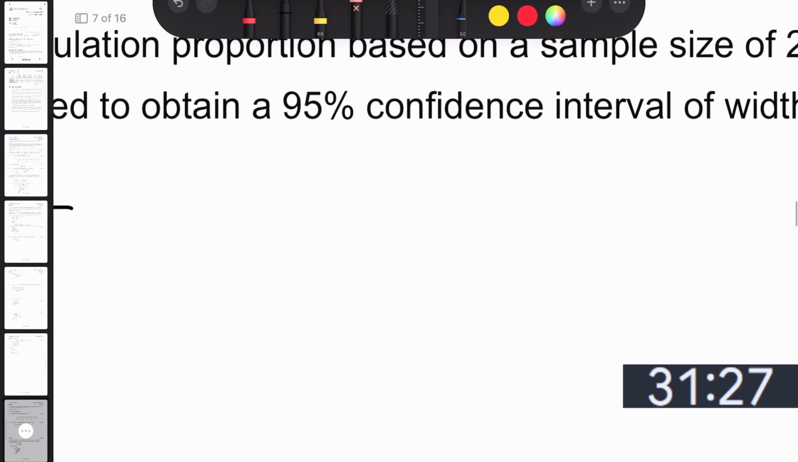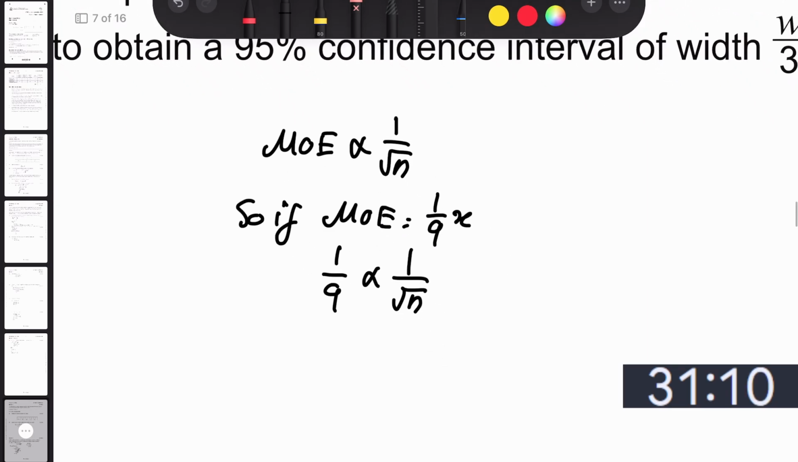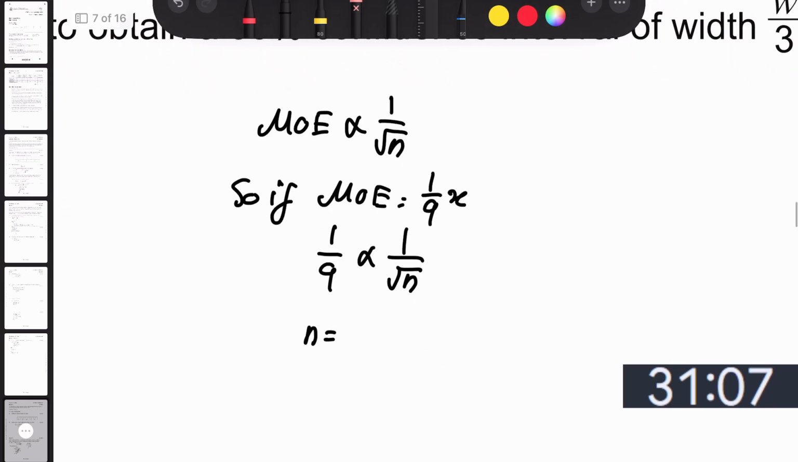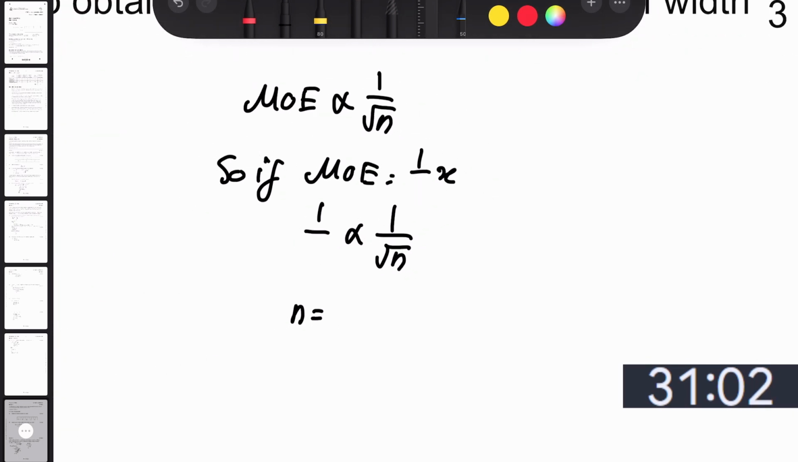That works. Or you could say that margin of error is proportional to 1 on square root of N. So if margin of error equals 1 on 9 of X, 1 on 9 is proportional to 1 on square root of N, and then N equals... is 1/3 of X. N is equal to 9 times as large. Therefore